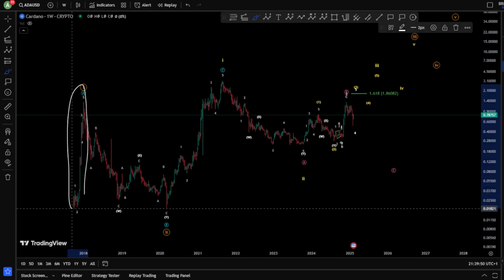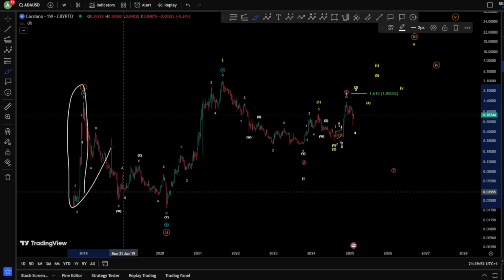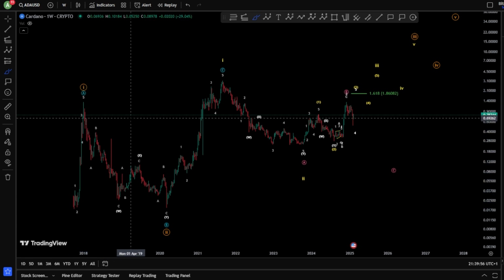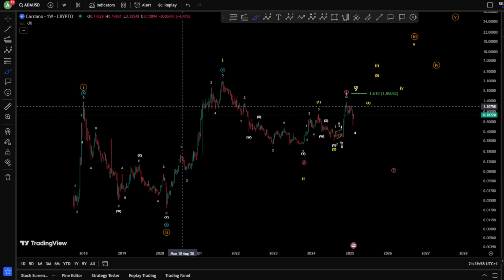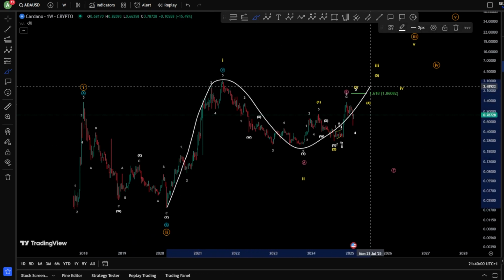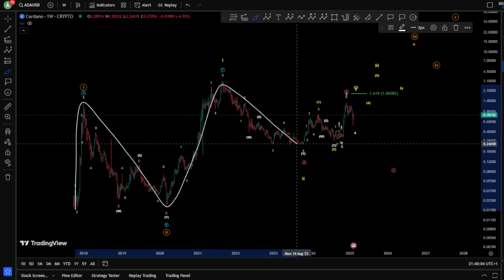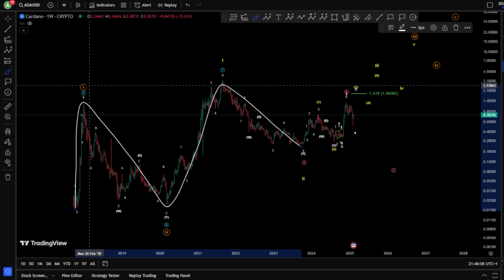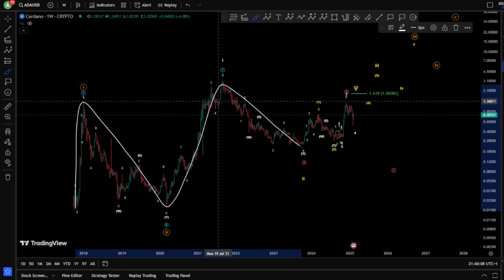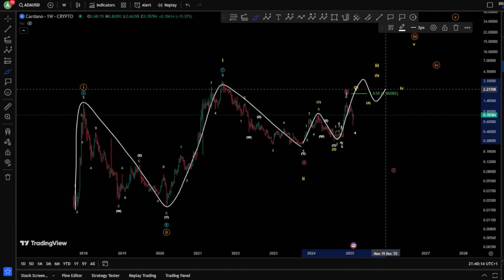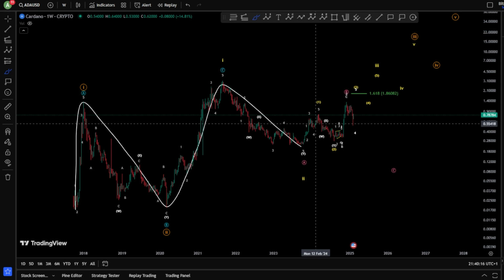And here we go. We have an impulse toward the upside, finishing wave A or a wave 1 in the orange scenario. After this, of course, we have another 1-2 here. So probably the first scenario is double 1-2s. In the orange, you have the first one. In the yellow, you have the second one. We have finished 1-2, 1-2 probably, and you are looking, of course, to continue this impulse toward the upside.